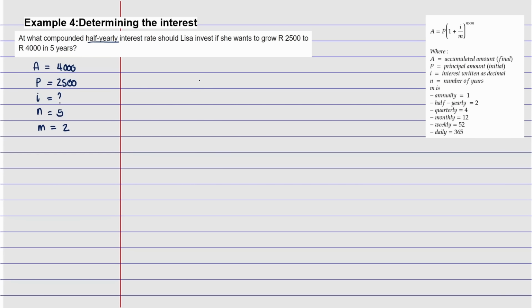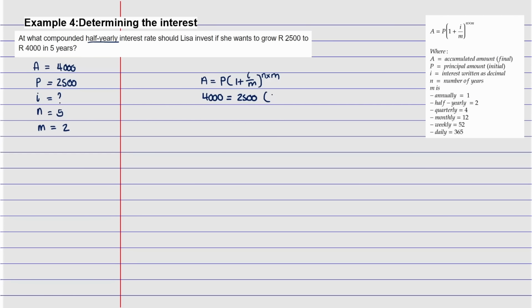So now substitute everything. We're going to have the following. This is half yearly, right? So A equals P, open bracket, 1 plus i divided by m, to the power n, multiplied by m, right? So let's substitute everything. We know that 4,000 equals 2,500,